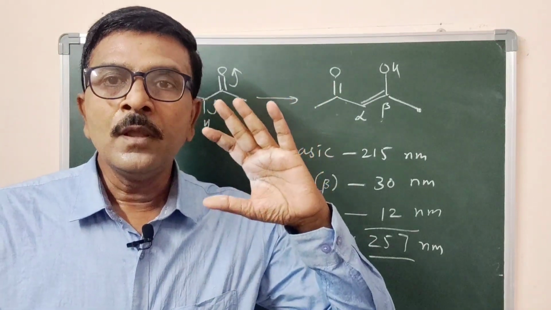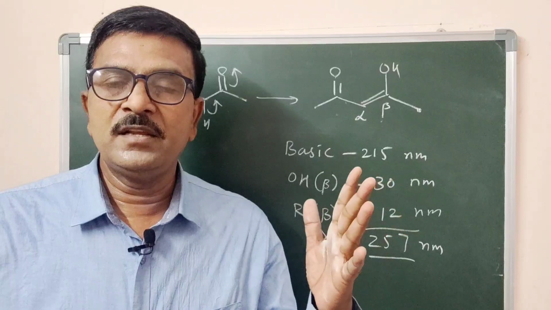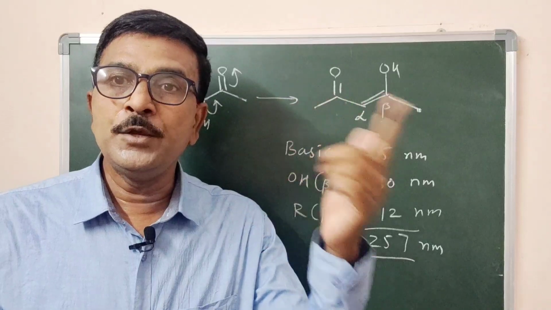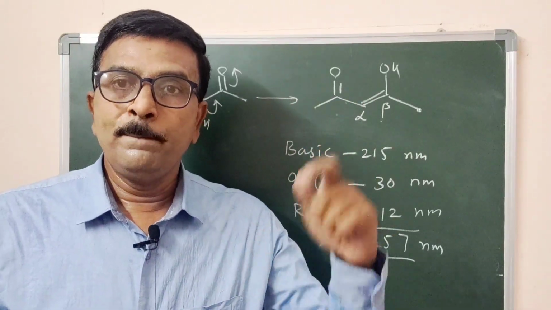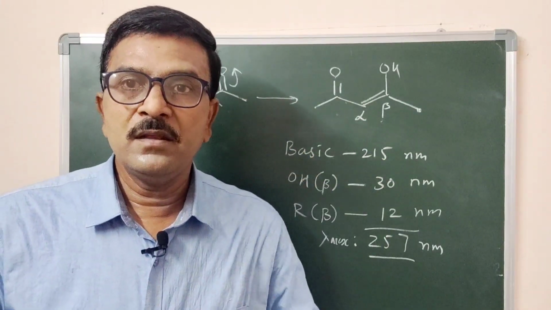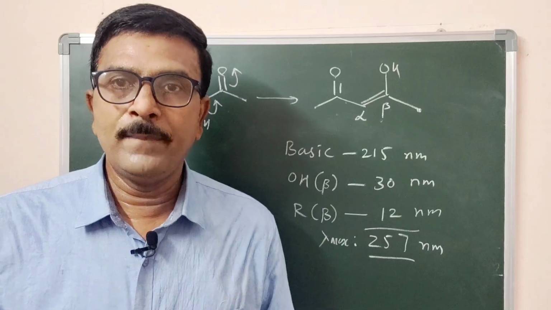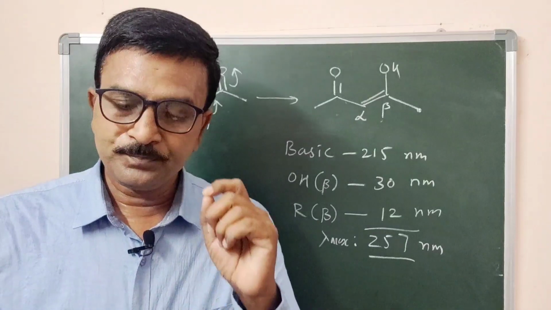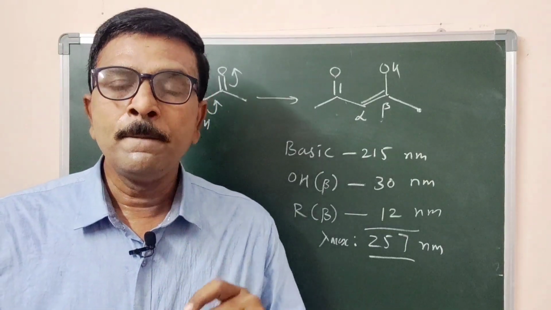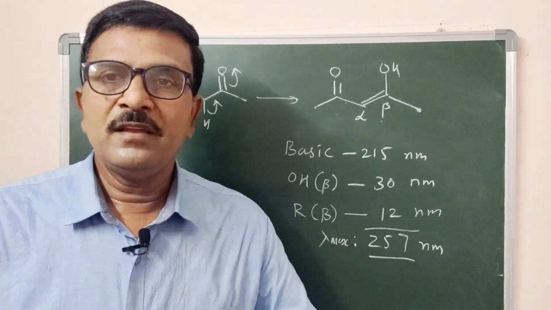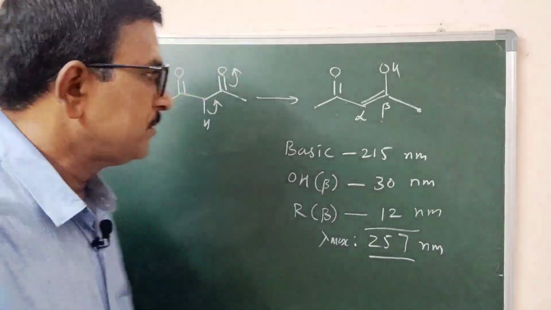So both in open chain systems or cyclic systems of diketone, we can calculate their absorption maxima in their enolic form, considering the base value and increment value of the substituent, what we considered in the case of alpha beta unsaturated carbonyl compounds. So with this the calculation of diketone is completed. Let us go for calculation of absorption maxima in polynuclear aromatic hydrocarbons and polyenes. Now in case of polynuclear aromatic hydrocarbons, we have direct values.